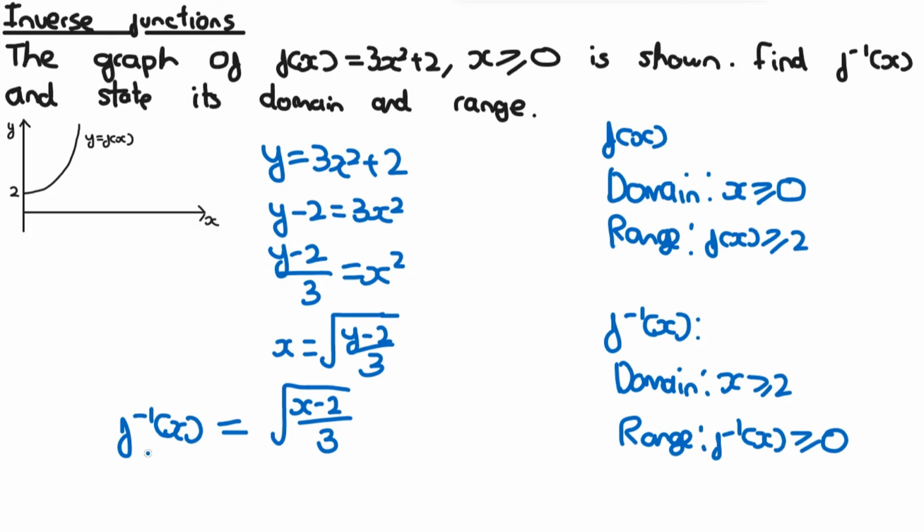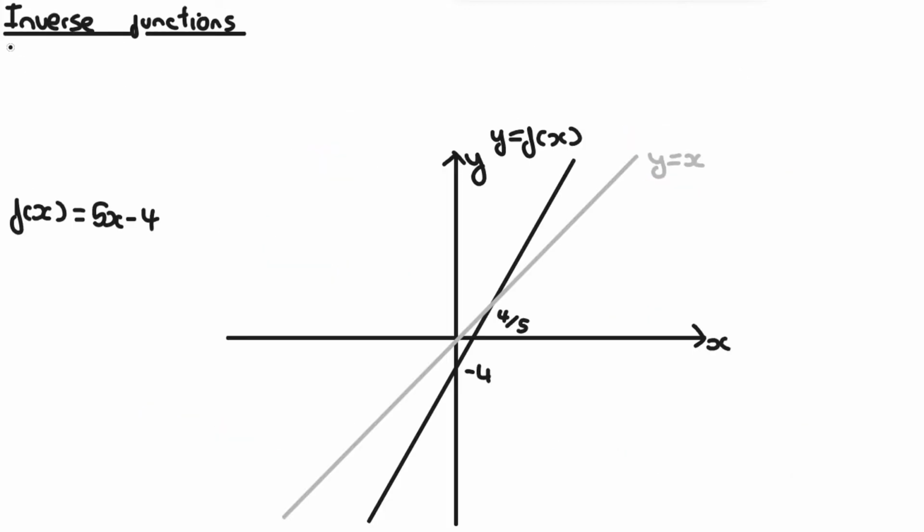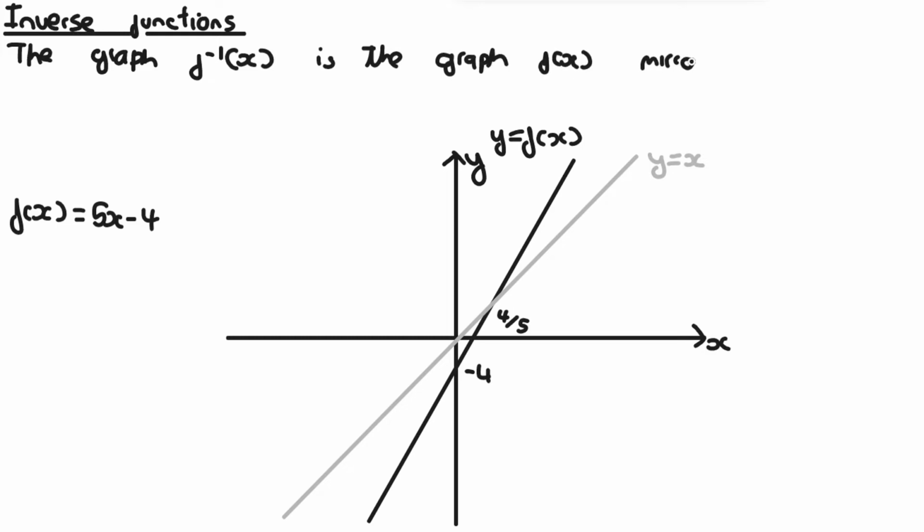And then this is the final answer, where the inverse is equal to the square root of (x minus 2) over 3, and this is the domain and range. Another feature of inverses is the graph of f⁻¹(x) is the graph of f(x) mirrored in the line